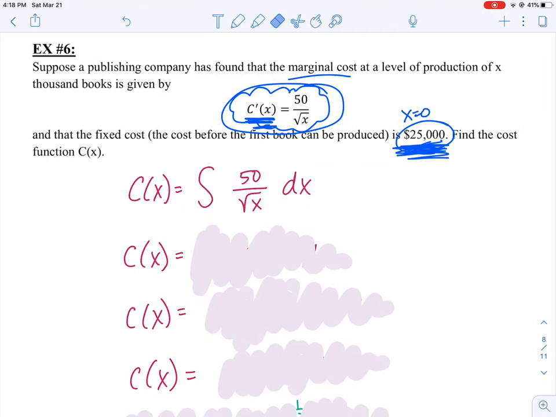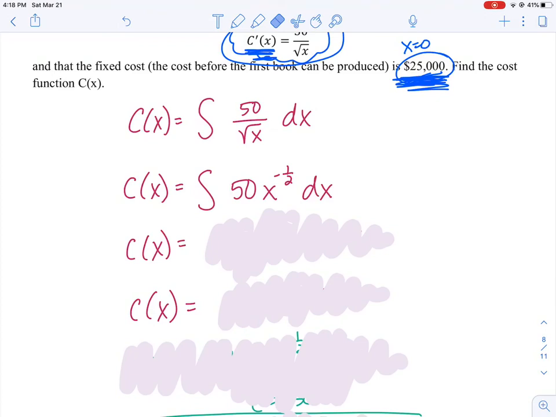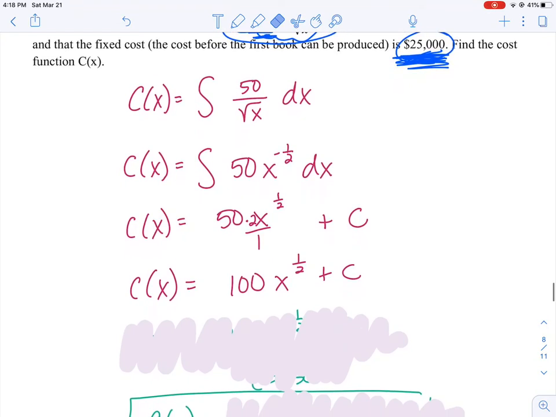So I actually want to find the antiderivative, or I want to integrate my derivative, the 50 over square root of x with respect to x. I saw that square root of x, and so I changed that into a 1/2 exponent. I saw that it was in the denominator, and so I didn't want to have to do a quotient rule, because there is no quotient rule for integration, so I brought it up to the top. And so now I'm integrating 50x to the -1/2. I'm now going to use my power rule. I'm going to add 1 to the exponent and divide by that new exponent. I'm going to simplify it a little bit,